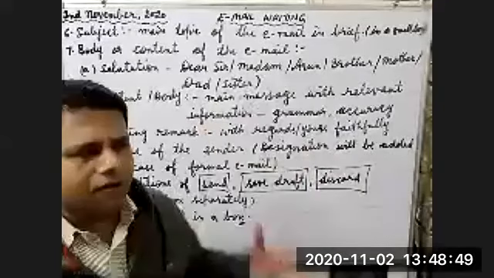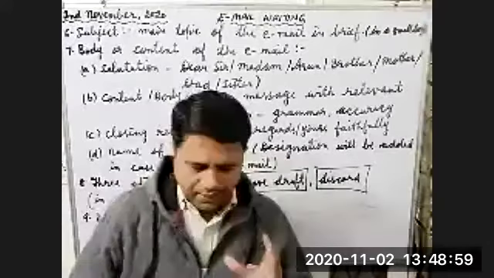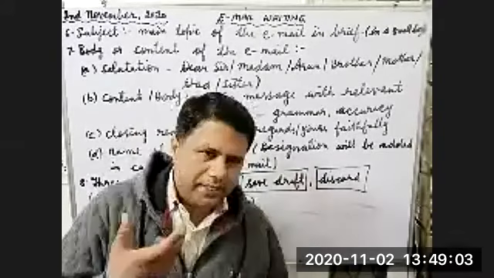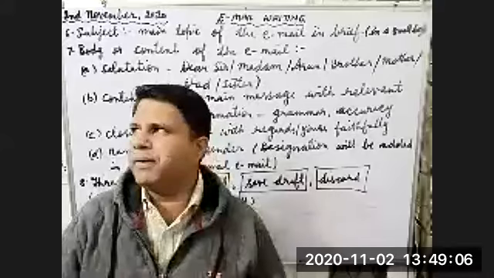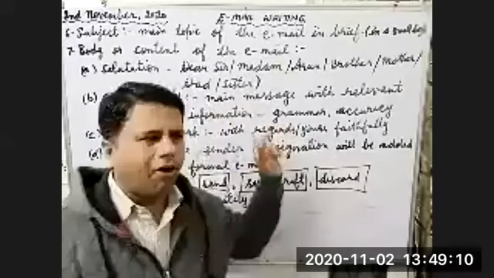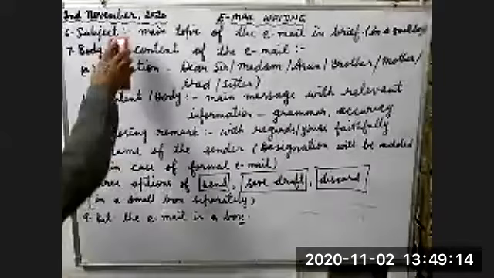So children, definition, advantages, disadvantages, features of a good email, and format of an email are done. These 5 things. Now the topic is complete. Now an example is left. Let's do one example. In the example, we will apply all these points in the email. Is it clear? Yes, sir.